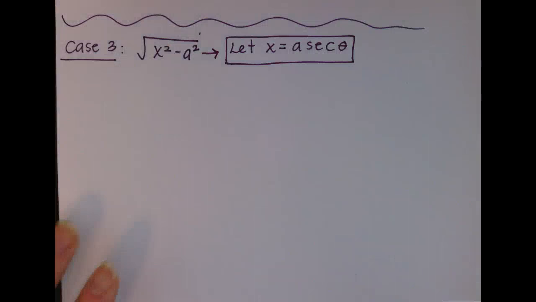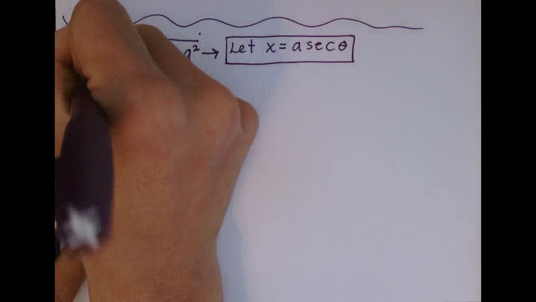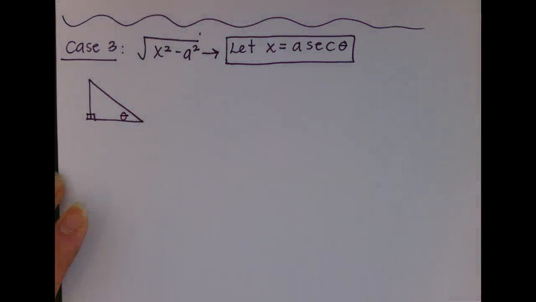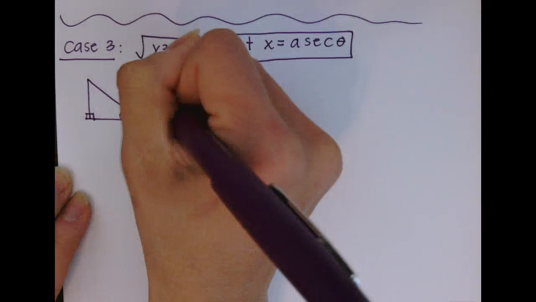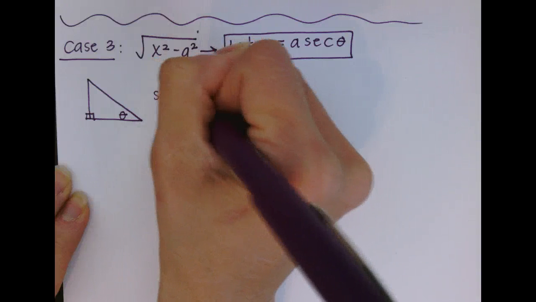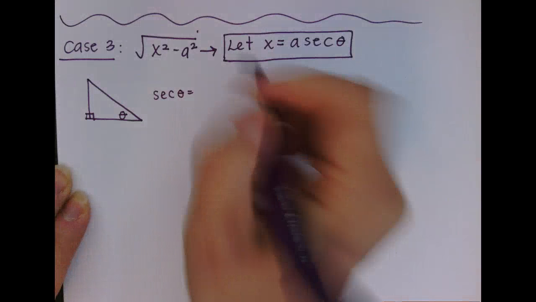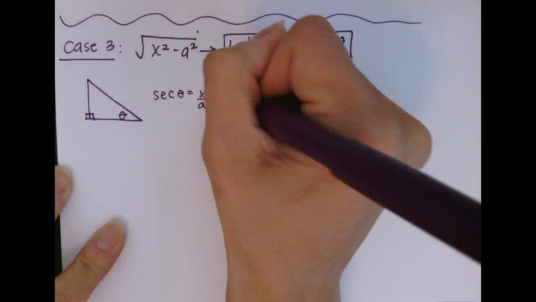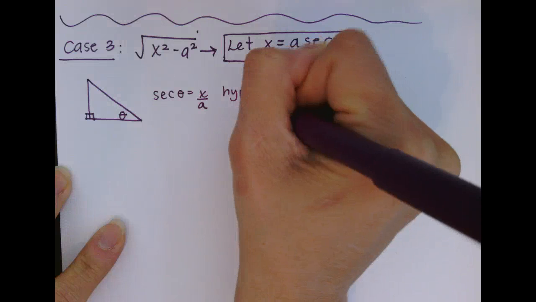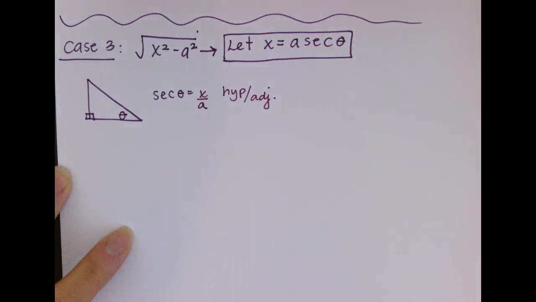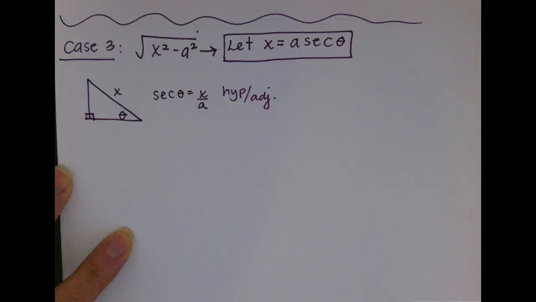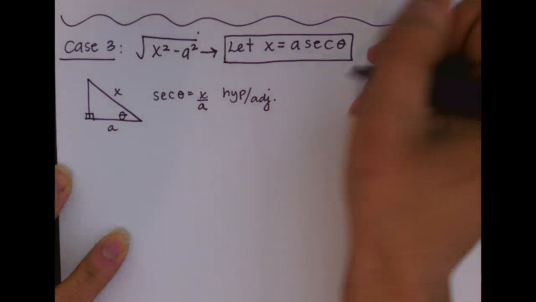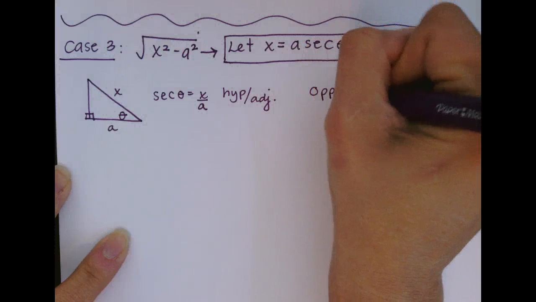I'm going to go through the exact same process as I went through with the first 2 cases. If I utilize a right triangle and select an angle theta, then the secant of theta, according to this expression, would have to be x over a, where the secant ratio is the hypotenuse over the adjacent, making the length of the hypotenuse in the triangle x, and the adjacent side a. Using that information,